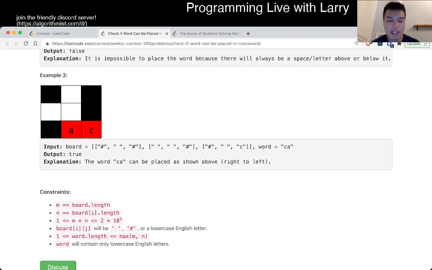And the smart way is just by noticing that m times n is 2 times 10 to the fifth, and the word length can be long. So you don't want to do something like n square, input size square, because that's going to be taking too long. Instead, try to think about every possible space that it can begin. And if you do that, it will end up being linear time, because for example,